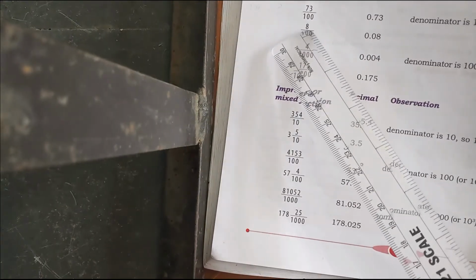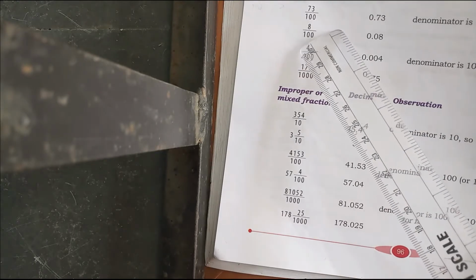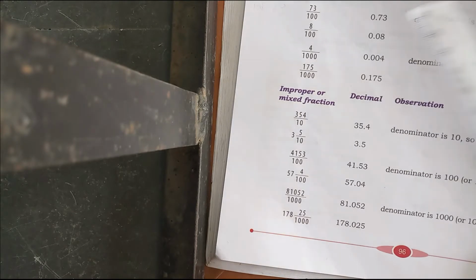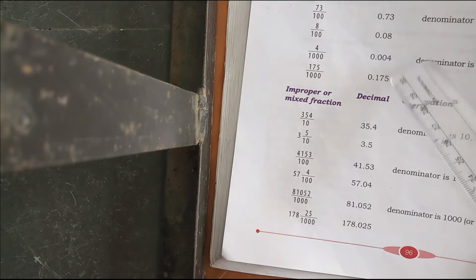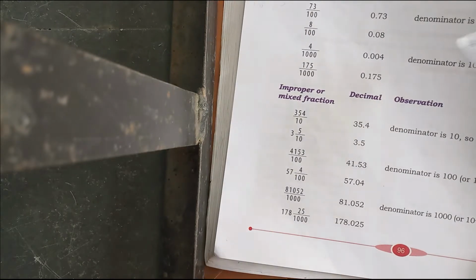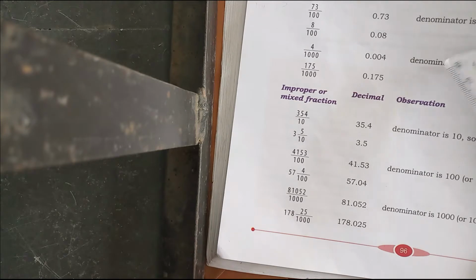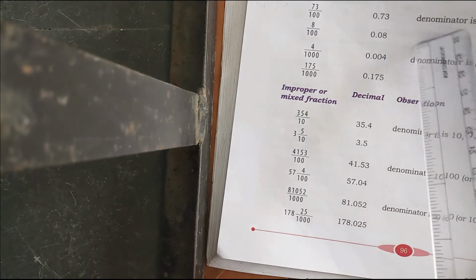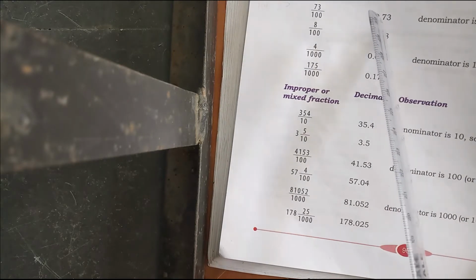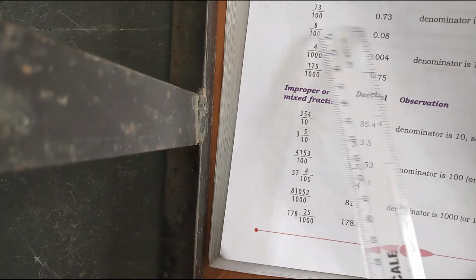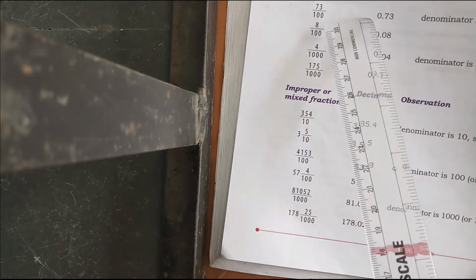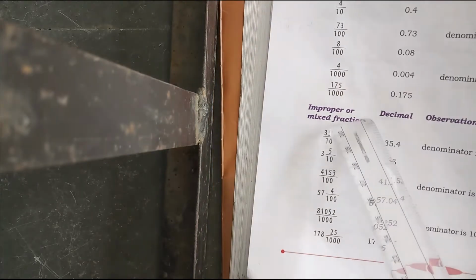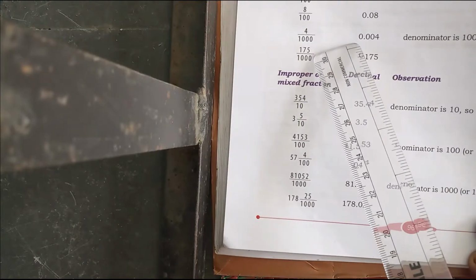See here 73 by 100. If we divide, our answer will be 0.73. How did we keep this 0.73? Because the denominator is 100. That means 10 to the power of 2. That means 10 into 10 is equal to how much? 100. So 2 decimal places. We have to count 2 places from right to left: 3, 7. Then put the decimal point. That is why we call the answer 73 divided by 100 is equal to 0.73. Likewise, observe the rest of the sums from your textbook.